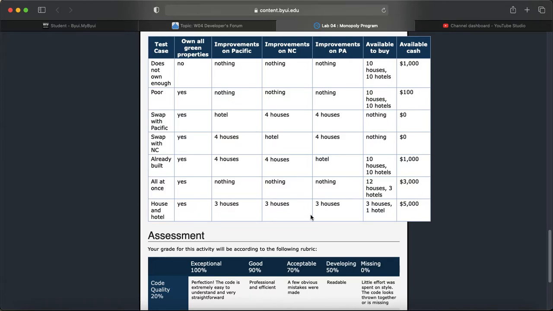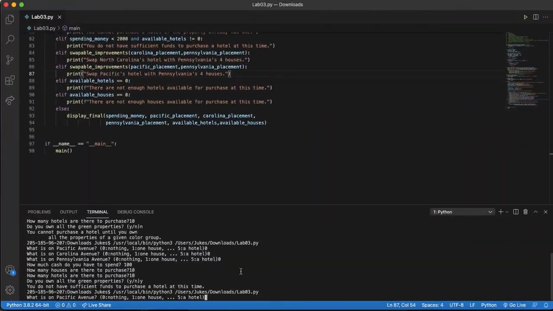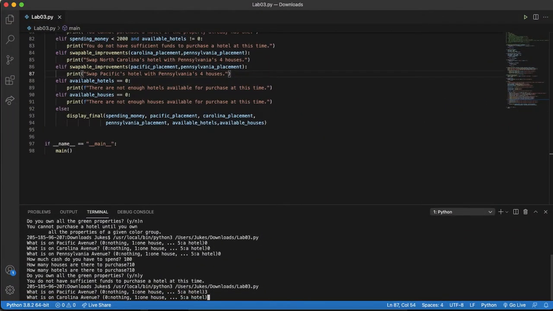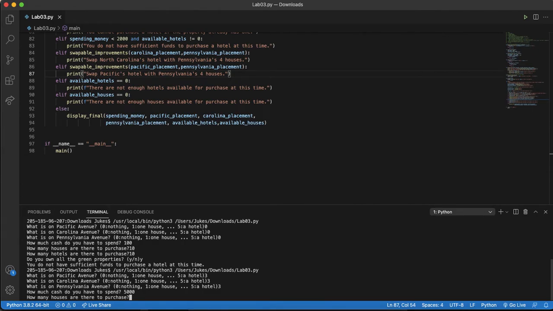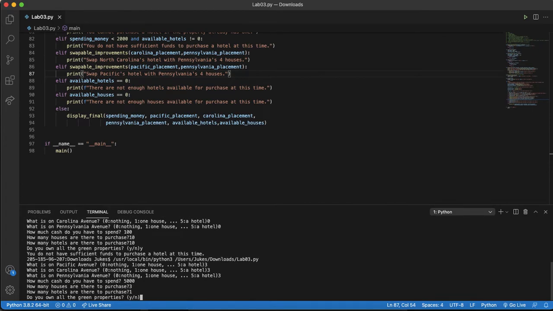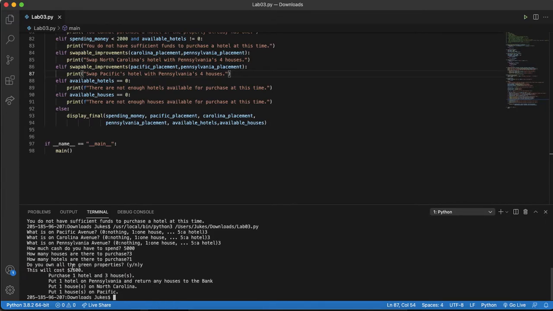It has an opening, all of them. I have a lot of money, and there's some houses open. So here we have 3 houses, and I say I have $5,000 to spend. There are 3 houses and 1 hotel left, and I own all the properties. The total cost calculated in order to buy all these houses and the hotel is calculated there, and then it says I can purchase 1 hotel and 3 houses with the current money I have,